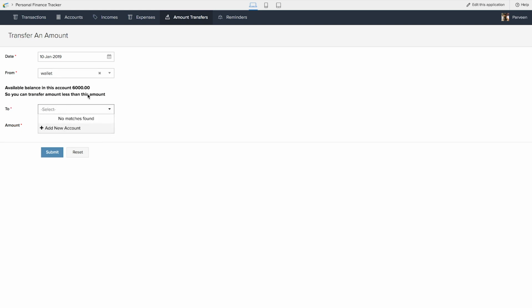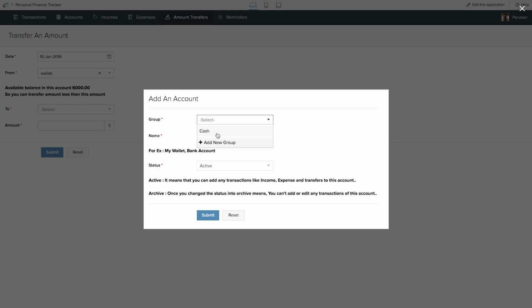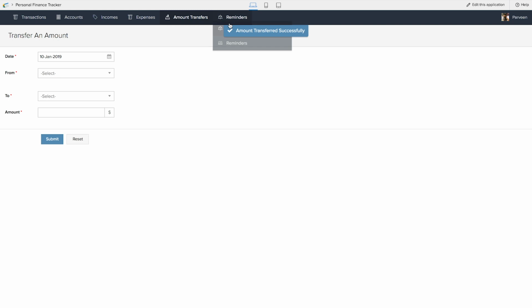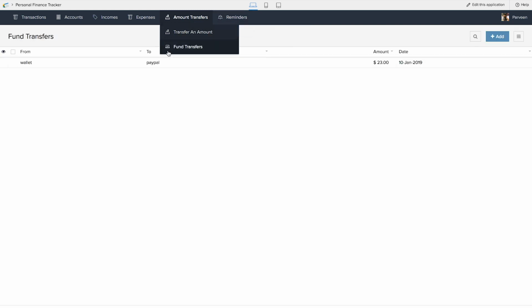Available balance in this account is 6,000. You can transfer amount less than this amount. Okay, let me add a new account and see what happens. It's group cash, name is PayPal, status is active, and I hit it, and then I just want to transfer this amount. In transfers, you can see in the fund transfers, the amount that I have changed now is here. And if you go to transactions,